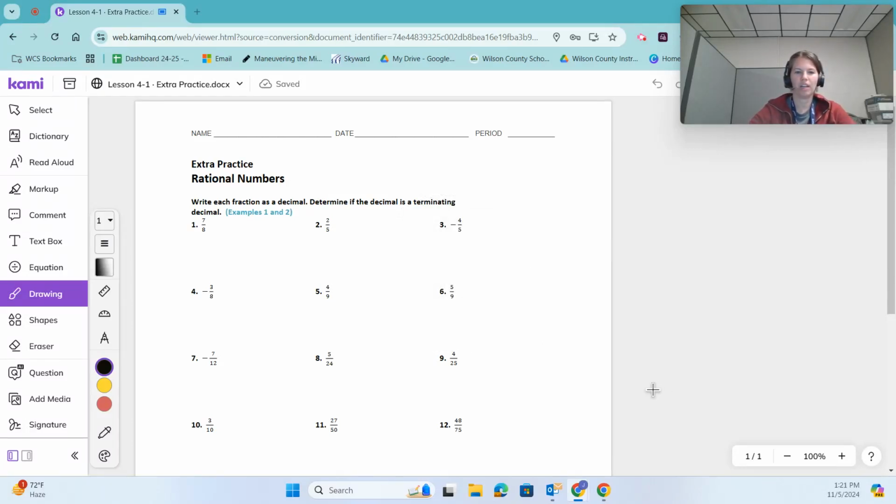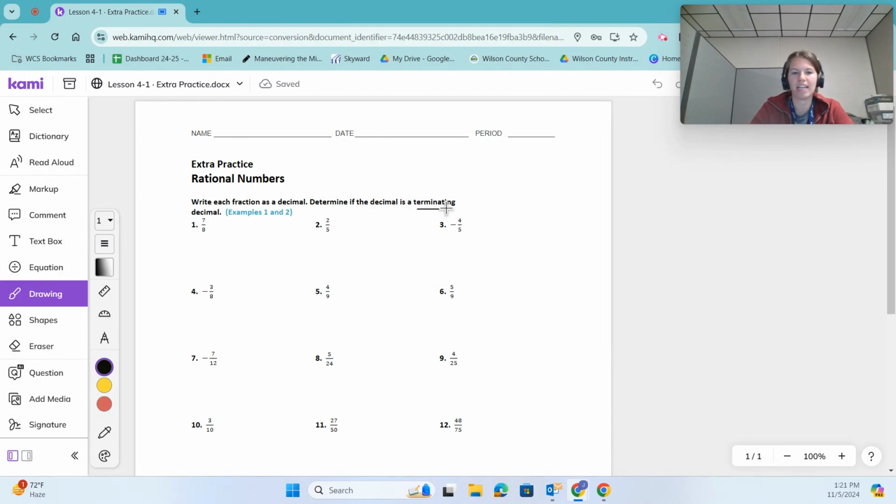Today we will be talking about rational numbers. Rational numbers are numbers that can be written as a fraction. And as we know, fractions can also be written as decimals and percents. So what we're going to take a look at today is turning these fractions into decimals and then determining whether